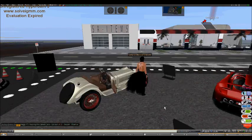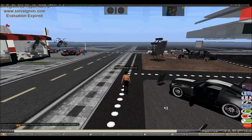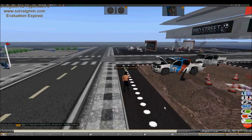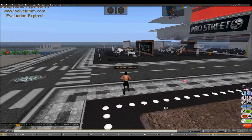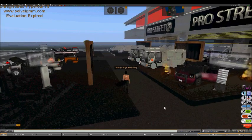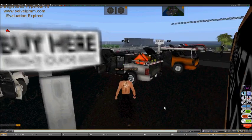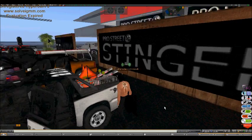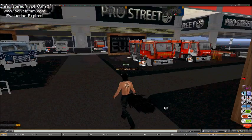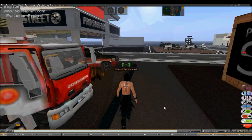Well, let's go find some other vehicles. I've got a lot of emergency vehicles on this sim. Some racing trucks. Got some campfires going over there for some reason. Yeah, there's a city worker truck. See, there's all kinds of different vehicles. I mean, the people that make these cars are just like you at home sitting at your computer. They've learned to do simple modeling and then they've ended up turning it into